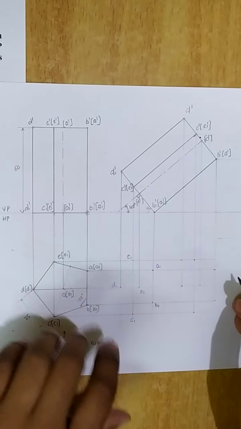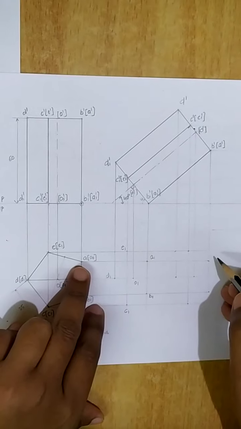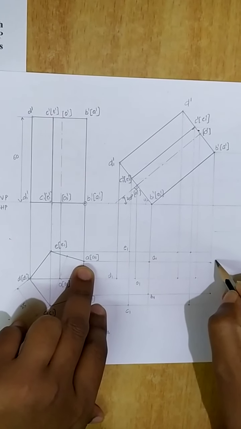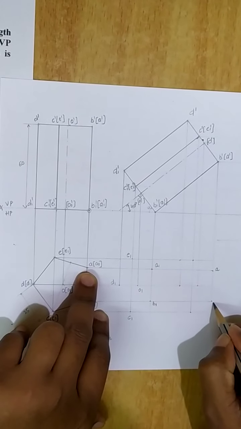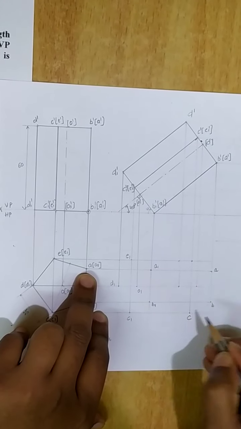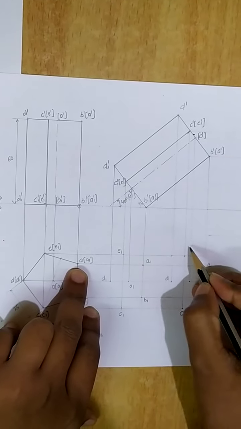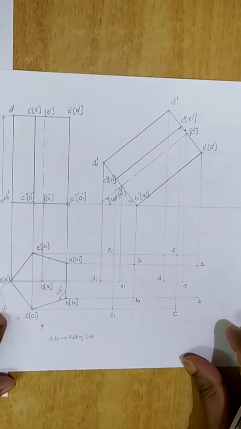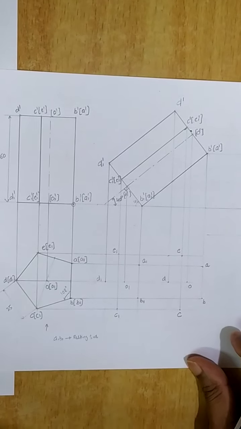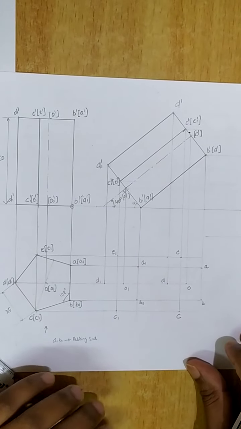Okay, since it is the top view, we should not put dashes. So likewise we will get A, B, C, D and E. So that is the top face corners. This is B, this point will be C, then D and E, and this point I will call O. So once after doing the namings, we have to go to the next step.